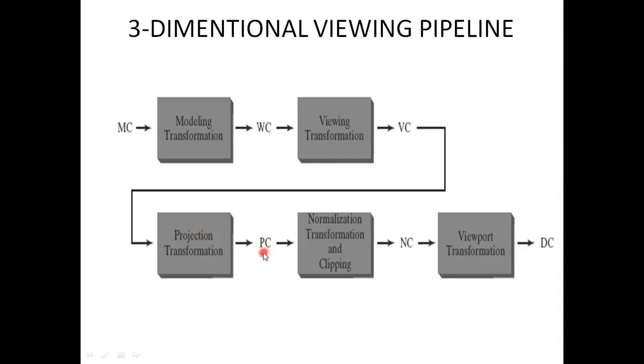So now these coordinates have been completely ready to be displayed, but the problem is, whenever I need to view it on any of my devices, the coordinates will not be the same as the actual coordinates that I have modified. Because whenever I take a screen, all the screens are not of the same size.